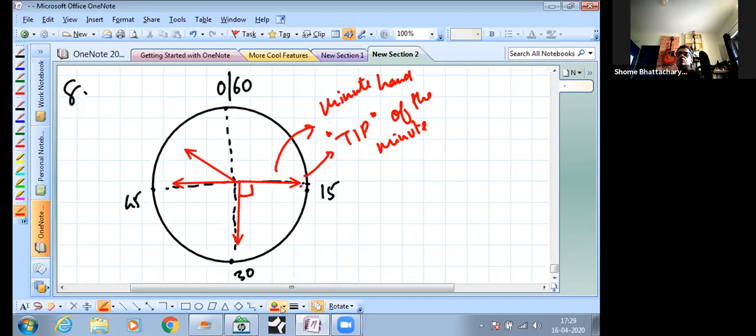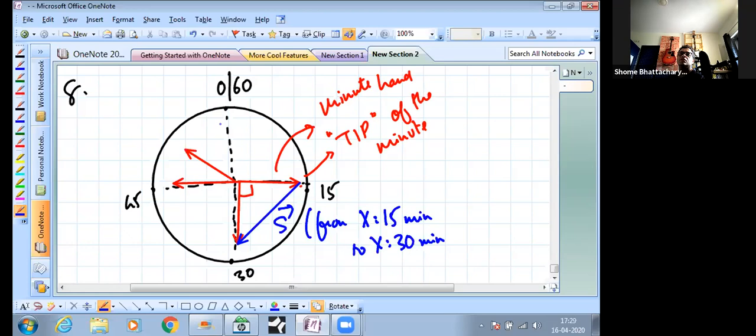So the answer to your first part will just become this, which you can now very easily calculate just by using geometry, because it's an isosceles right angle triangle. So this is nothing but the displacement of the minute hand from some x hours and 15 minutes to x hours and 30 minutes. Similarly, in the next half an hour, you can see the displacement will be from here to here, because it will go from 30 to 60 minutes like that. So that's how you can find out the answer to this.